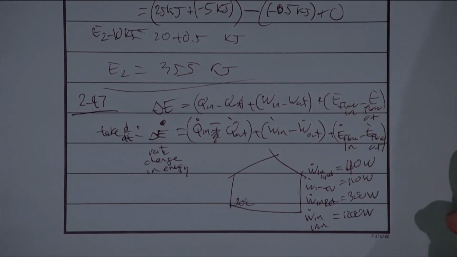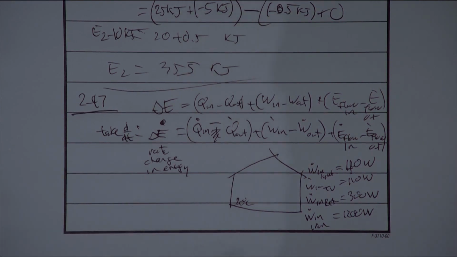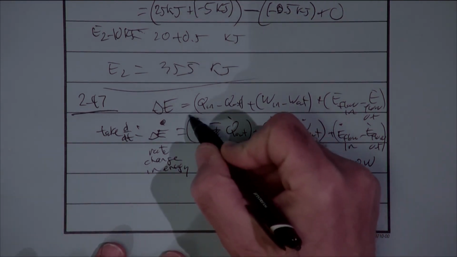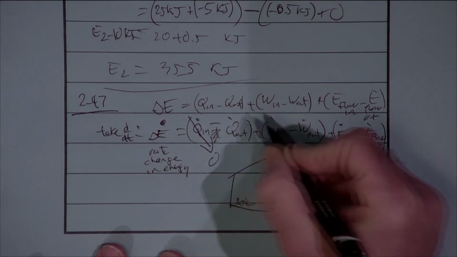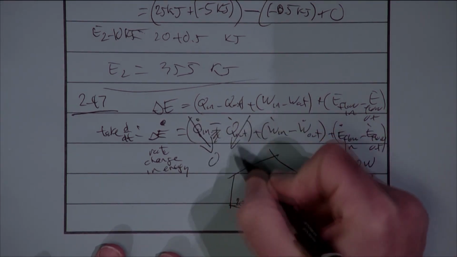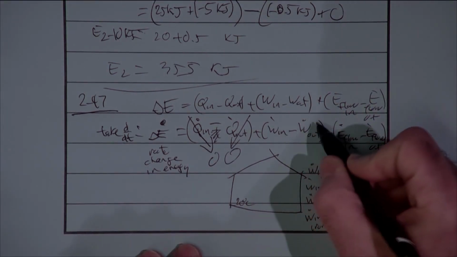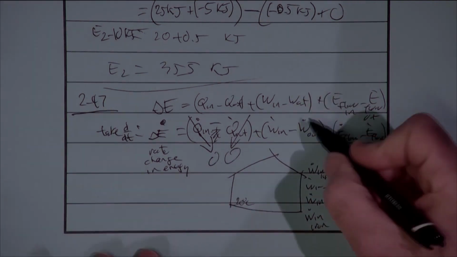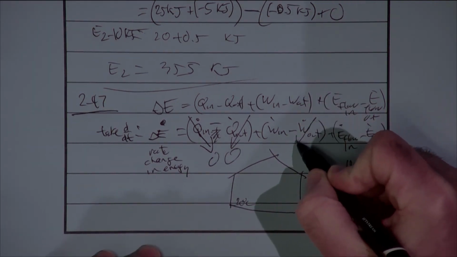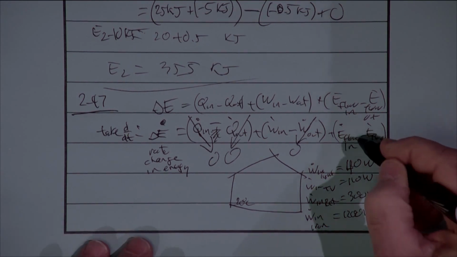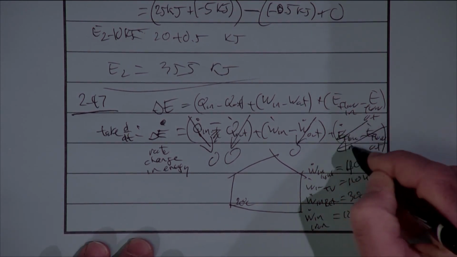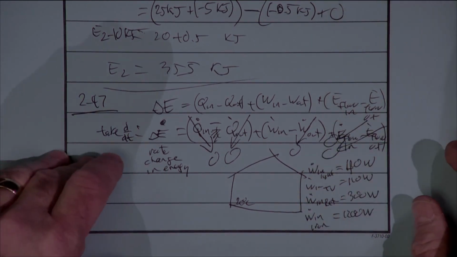So all we really have to do is add everything together and neglect the terms that are to be neglected. There is no heat transfer per se coming in. There's no heat transfer going out. We'll assume that the walls are well insulated and we've got no losses that way. There's no work being done by the room. It's all being done to the room. So the work out is 0. And then there's no flow. Nothing flows in or out. So those are all 0. So ultimately,